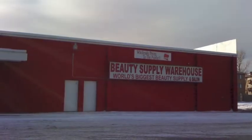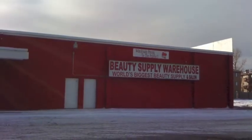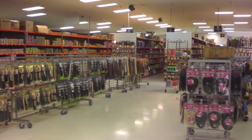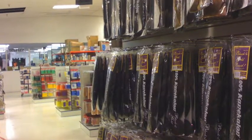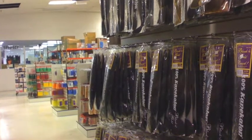I got the large bottle. So this is 32 ounces and it was about $7 at a local beauty supply here. It's the Beauty Supply Warehouse. So if you're in Colorado, it's in Aurora off of 6th. So it's like massive, this warehouse. It's got like everything. So while I was there, I also picked up